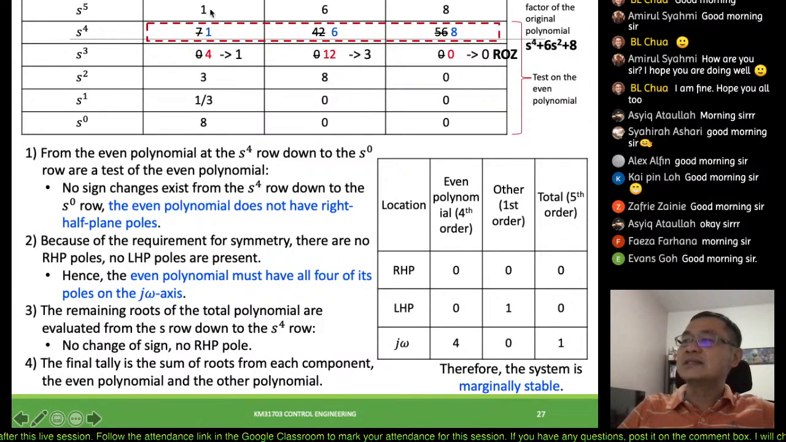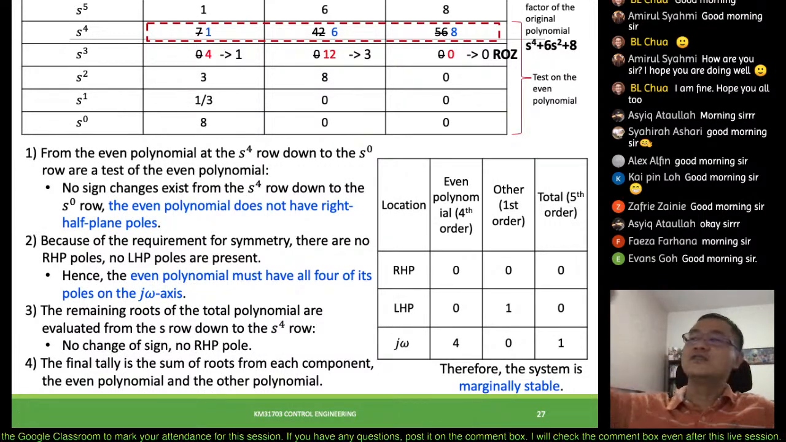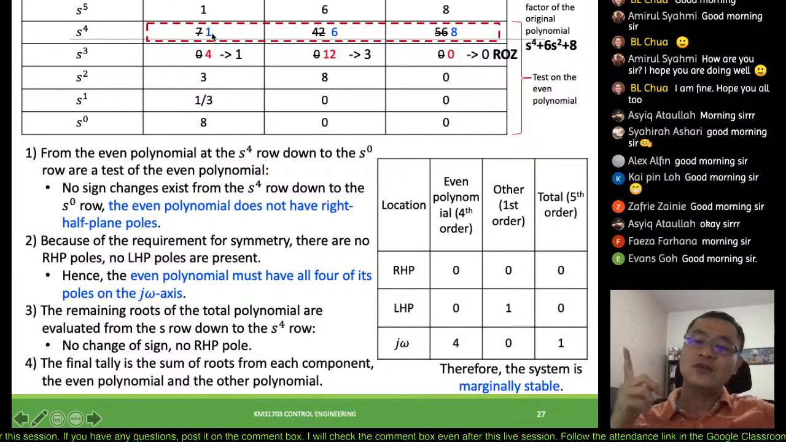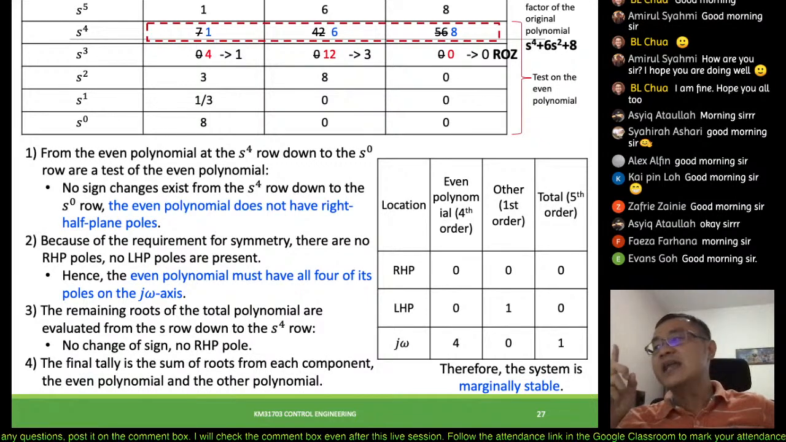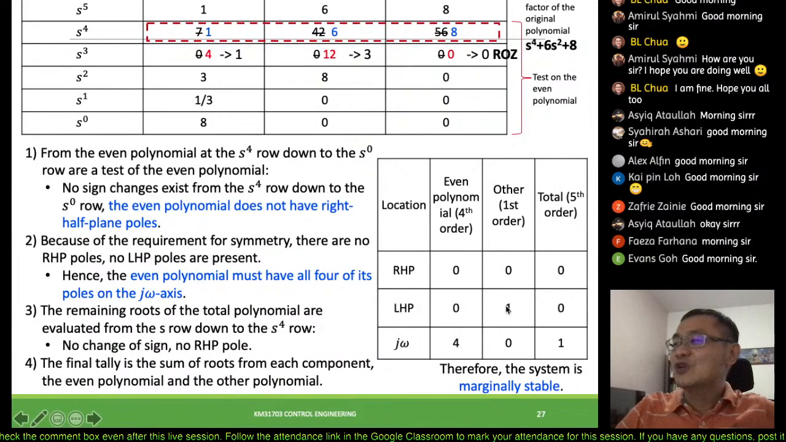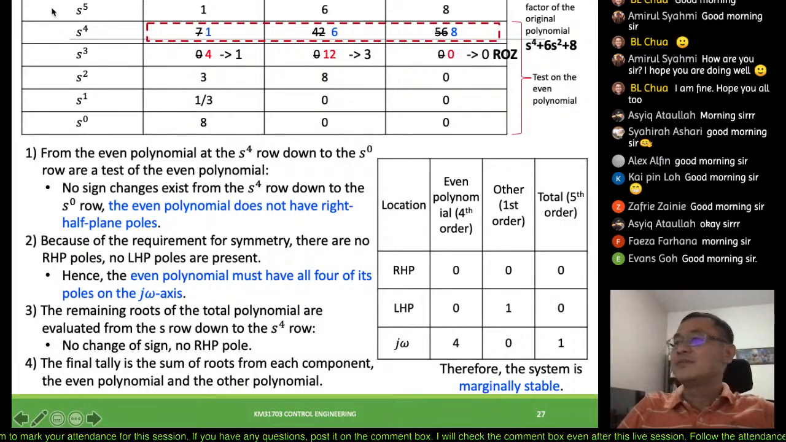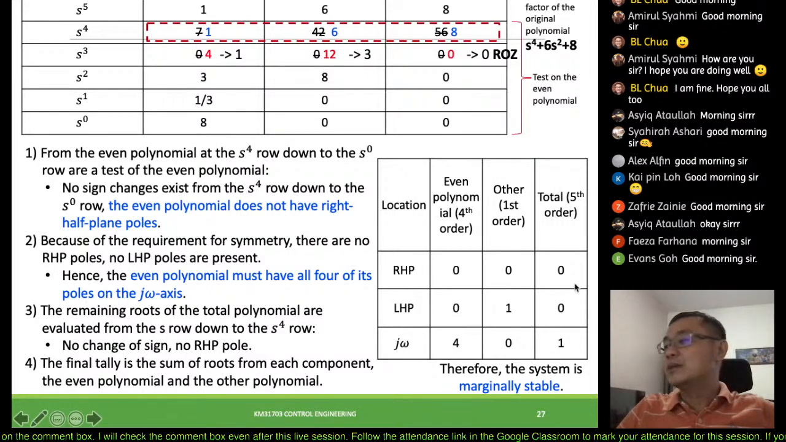Whereas for the others, which is before the row of 0, we are checking only 1 time of sign change, and that sign change doesn't change, right? Therefore, we know that that is a first order pole, okay, and it is lying on the left half plane, right? So in total, S5 is order 5, so we would expect 5 poles, and the number of poles would be